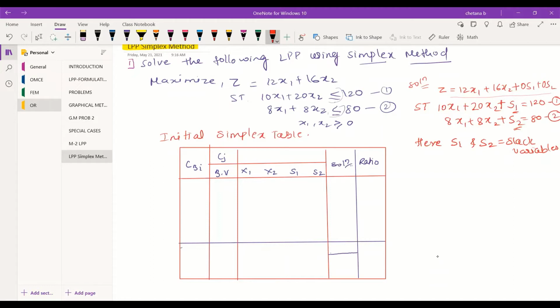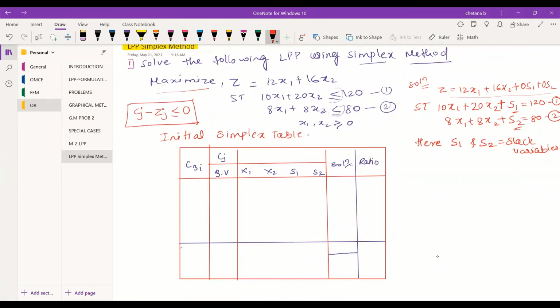Now the objective of the problem is to see the optimization. We always see the optimization based on the objective function that we have. In this case, the objective function is to maximize. So for a maximization problem, finally Cj minus Zj should be less than or equal to 0. So this is your objective of the solution. Okay, so we need to see now.